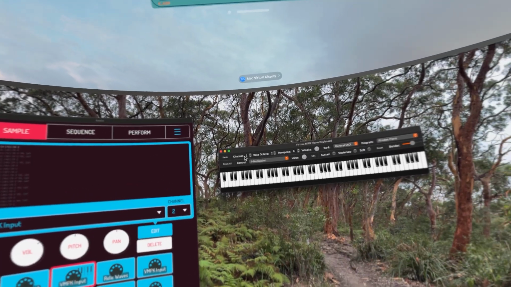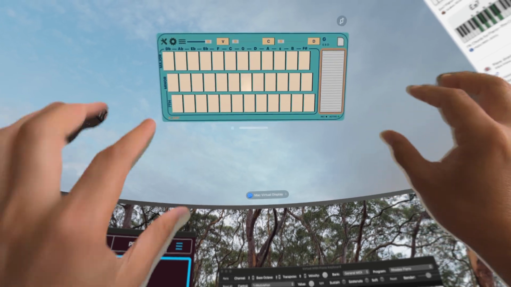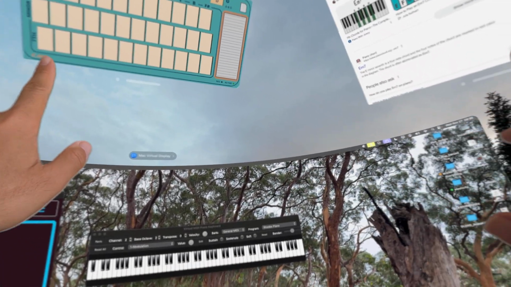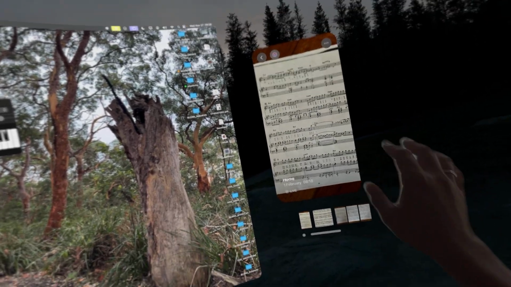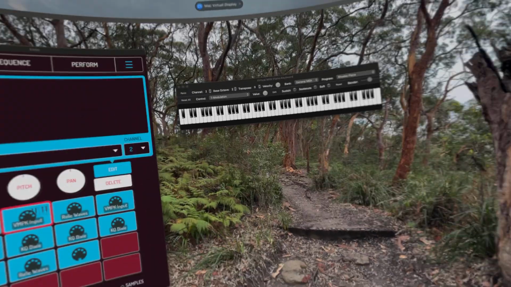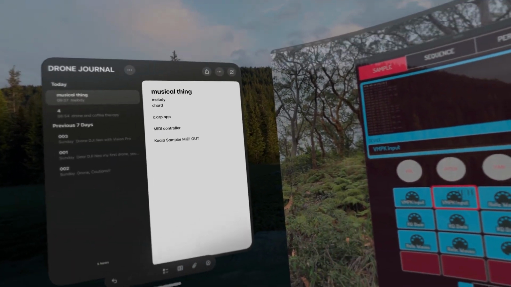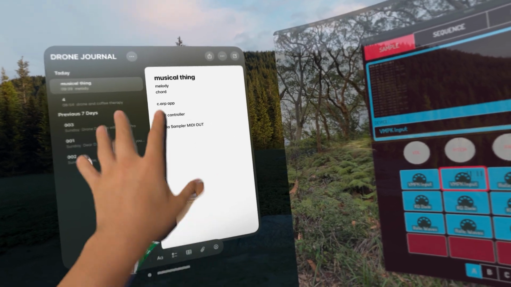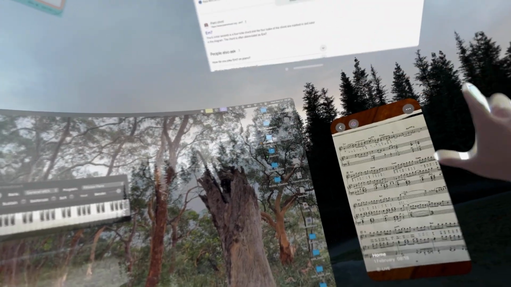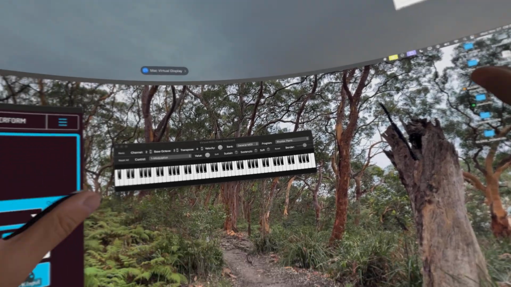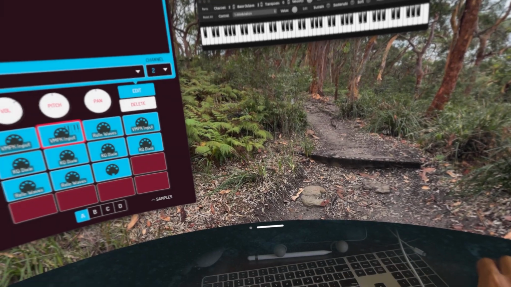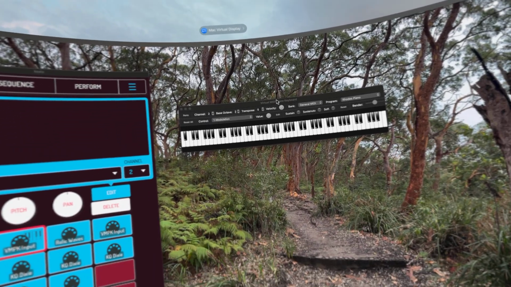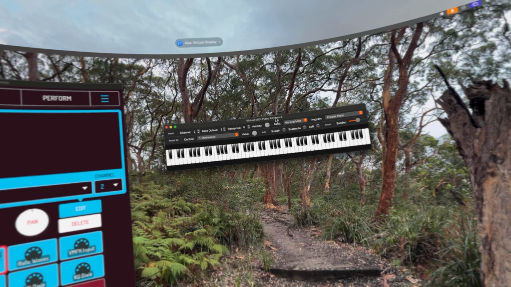I'm using the Mac Virtual Display, and I have an app like this C-ARP. It's a C-ARP app on the Vision Pro, and I have some musical notes, and normal notes here that I can quickly jump into, and I can start typing. So these are Vision Pro apps, right? I kind of immerse myself in it, and the one in front of me is just the Mac Mini display, ultra wide. So I have VMPK, virtual MIDI piano keyboard,